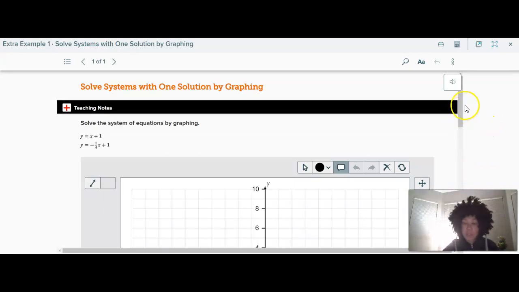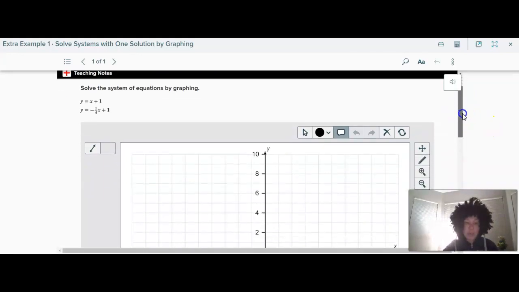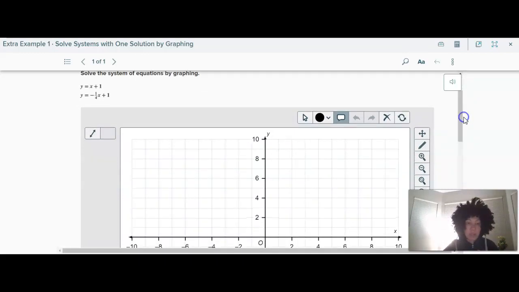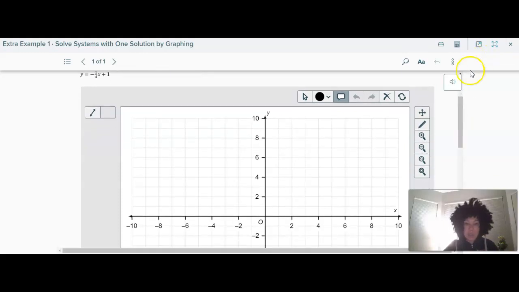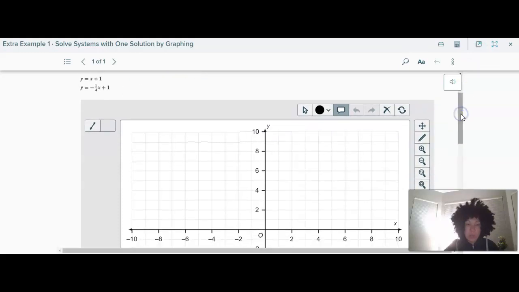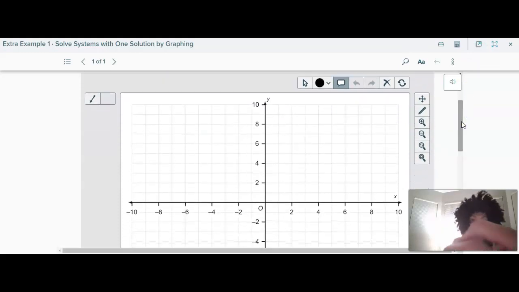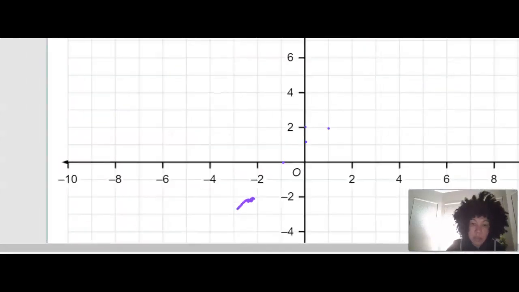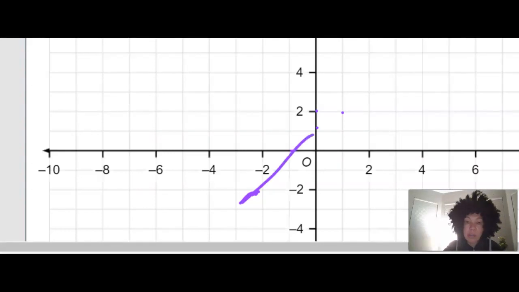So here's just another one really quick we can do, if you just want to follow along with this one. So y equals x plus 1 is the first equation, and y equals -1/4 x plus 1 is the other equation. So y equals x plus 1, 1 is the y-intercept, we would go up 1 over 1, down 1 over 1, left 1,